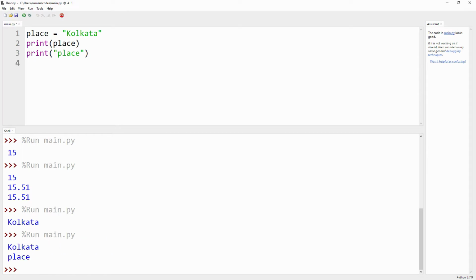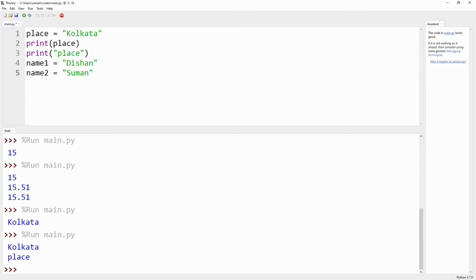Let's take another variable, known as name, and suppose it is Dishan. Let's change the variable name to name1. Then another variable, name2, which we give as Shumon.